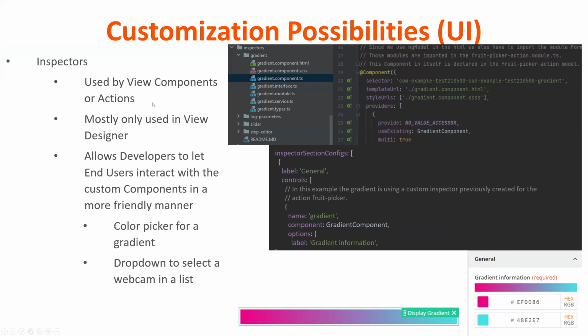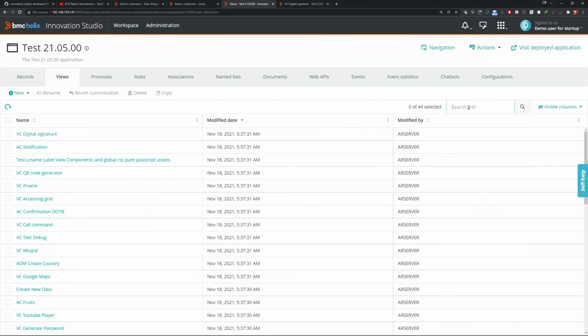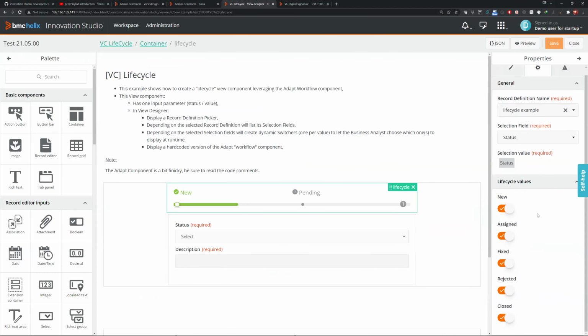Then something that is quite important for me, but it depends on people, is we also have inspectors or controls. So what is an inspector or a control? Let's go back to the life cycle. It's something that you can find on the right side. When you select a view component and you want to see its properties,